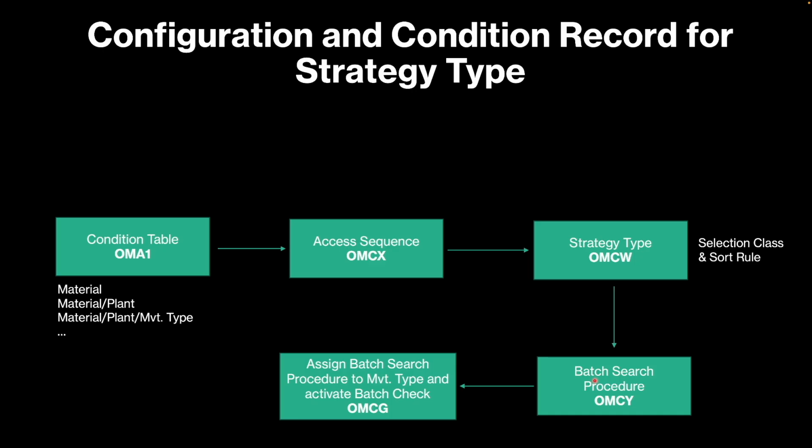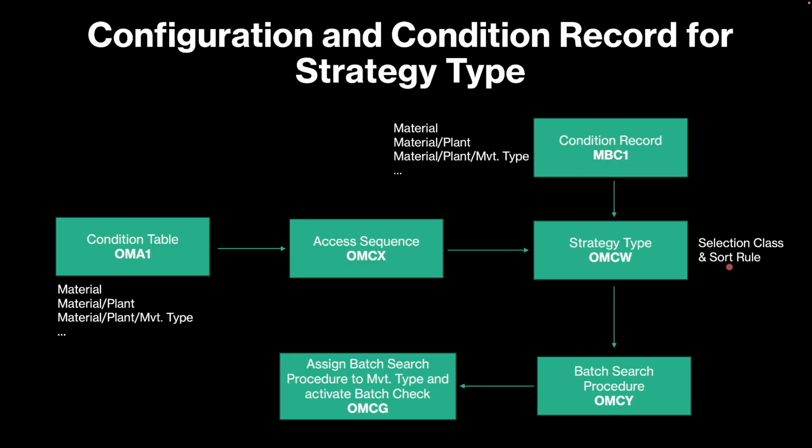Let's say that for a material and plant combination, you want the FIFO strategy to happen during goods issue. So how can you tell the system? To tell the system, you need to maintain condition records against the strategy type. That is, you need to maintain the selection class and sort rule for your material and plant combination. Let's say that you have a material, plant and movement type combination. Then also for the combination of these three fields, you need to tell the system which strategy type is to be determined. So once this configuration is done, as you can see on the screen,